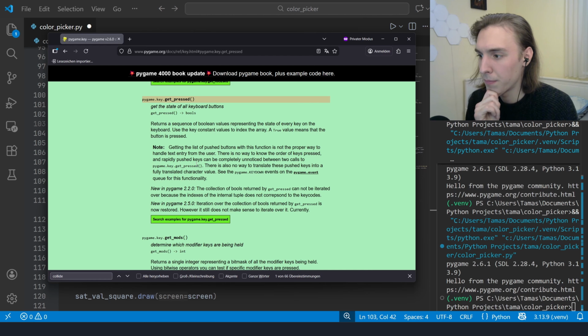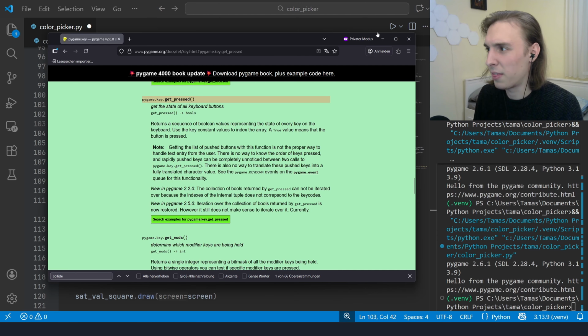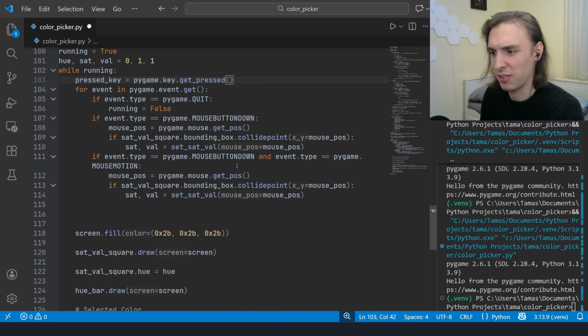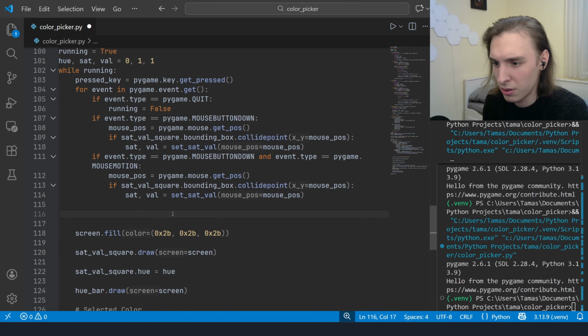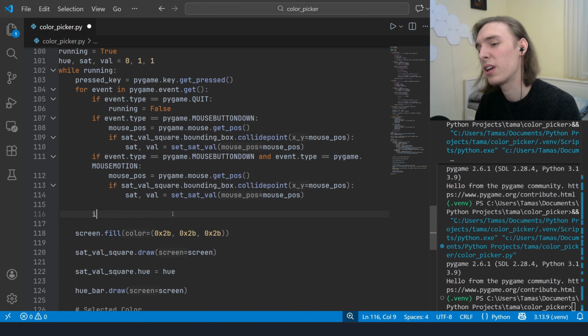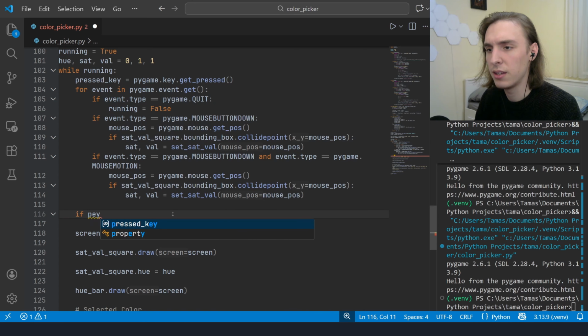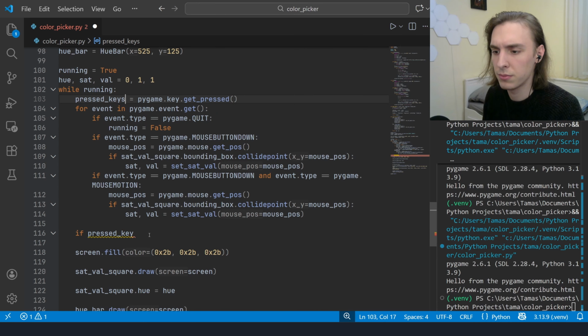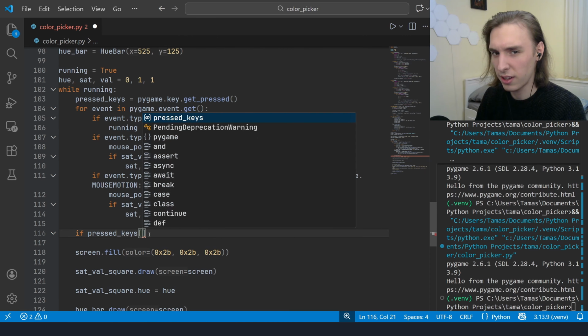And I think I can just access... What if, just as a test, what if we do if... No, I'll just, I guess, outside the event loop for now. If pressed keys, I guess plural, off, and now I think I can just input like